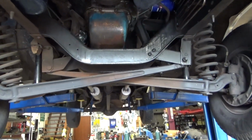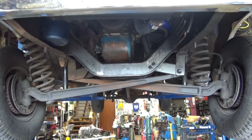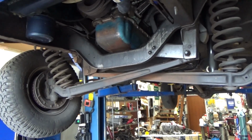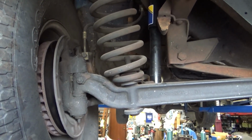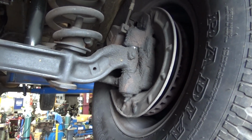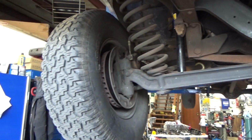Ah, the good old Ford twin traction beam front suspension system. Honestly, it's a horrible design, but it's durable and it destroys tires. But it gets the job done. For farm trucks, they were great, unless you were towing and had a bunch of weight in the bed, and then they would peel the tires off of them. But